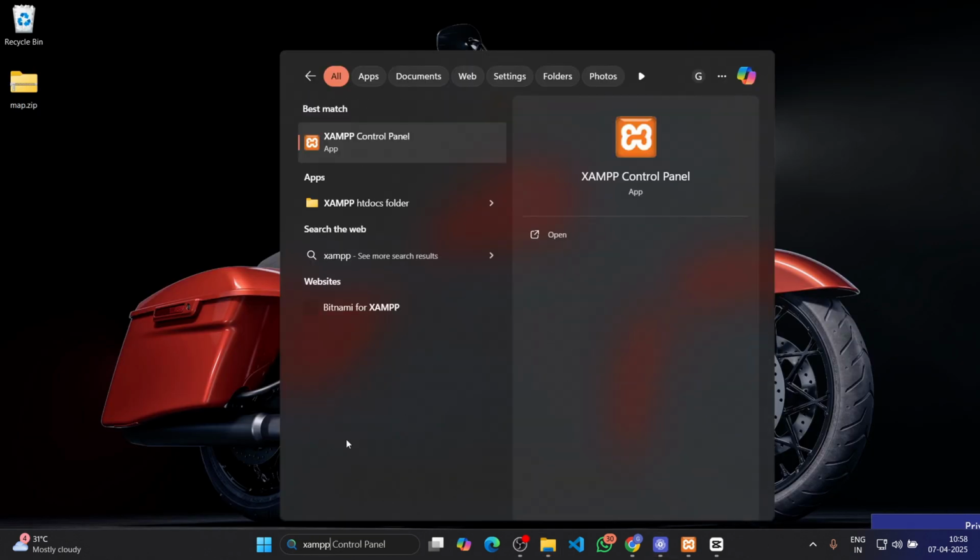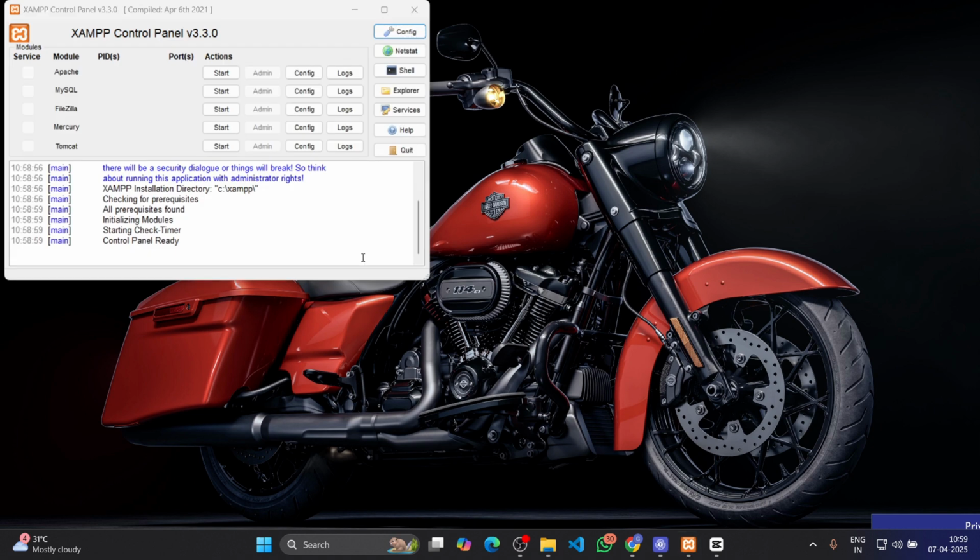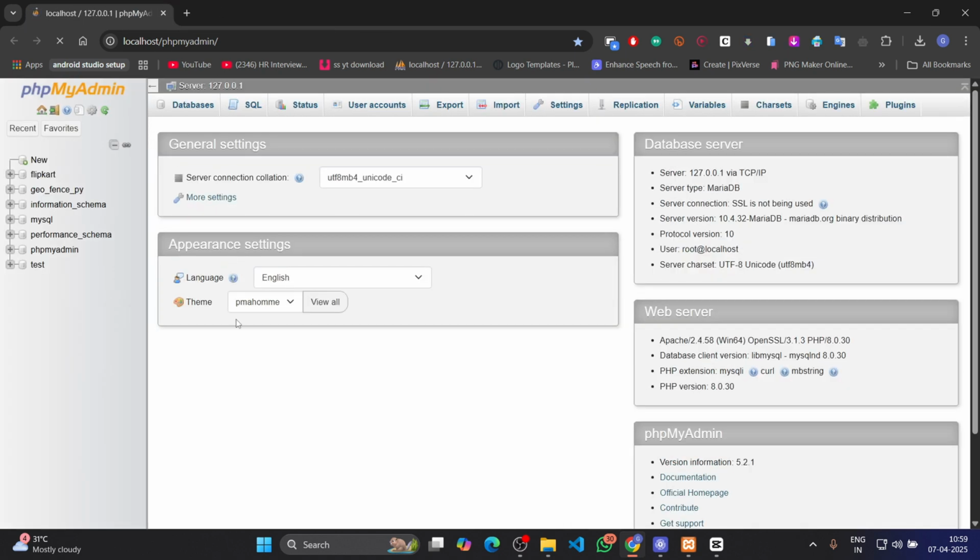Then open the XAMPP software and click on the start buttons for Apache and MySQL, and then click on the MySQL admin, but make sure the start button works, then only the MySQL admin panel will open. Then the browser will open and show the phpMyAdmin dashboard.